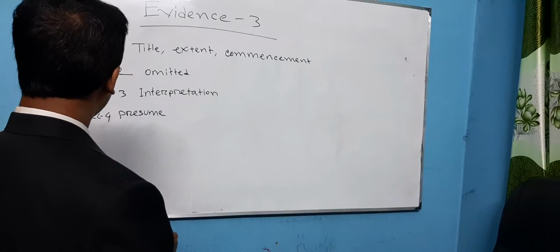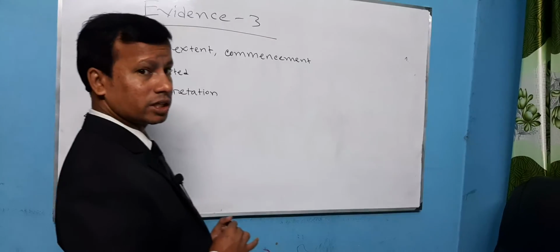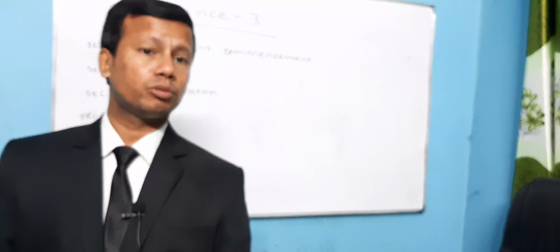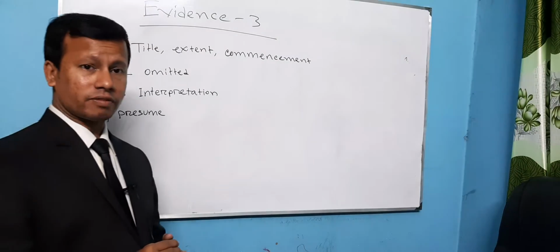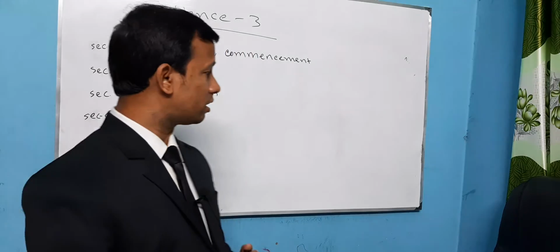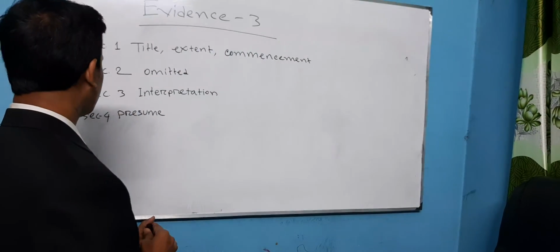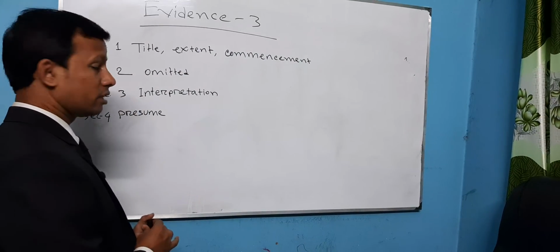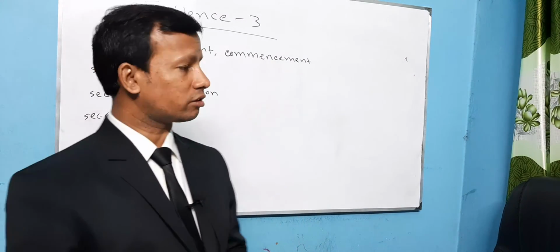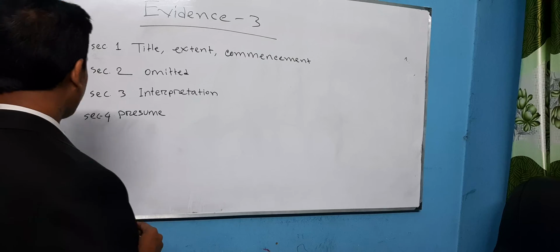This is conclusive. Suppose conclusive proof: Evidence Act section 112 says that if any child is born within 280 days after divorce, this child is legitimate, a legal, very legitimate child. The court will think this, and this is conclusive proof, and nothing will be allowed to disprove such kind of matter.